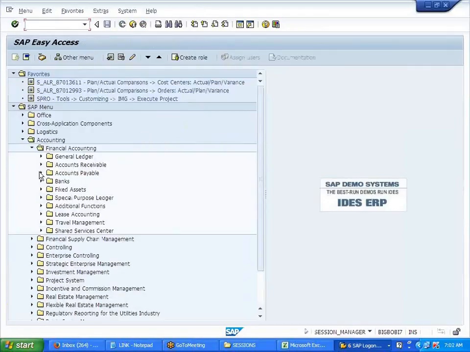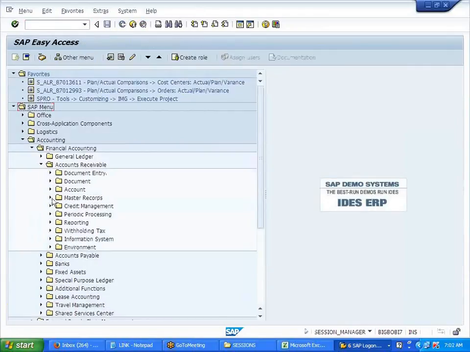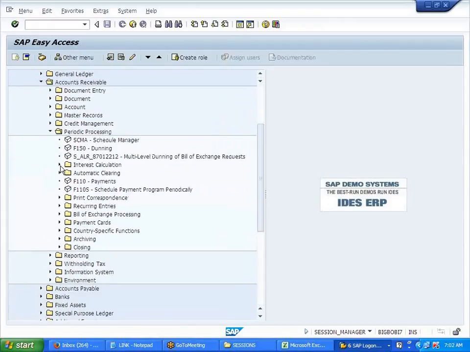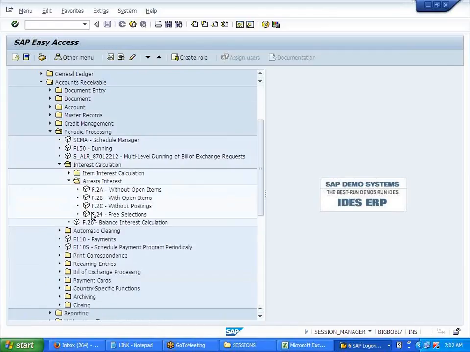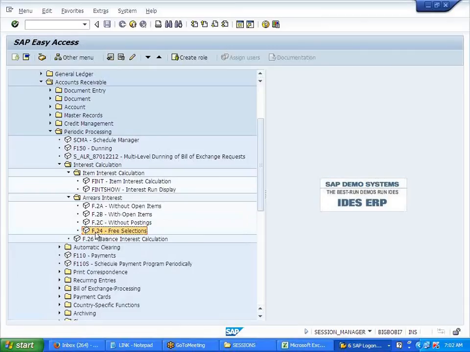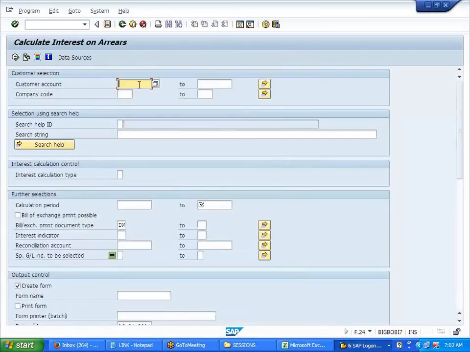I want to show you the print part. Periodic processing, this calculation. F.24. Can you see here? I was using this FINT for the form. Okay. I want to just show you the form. How does it look like? So it is 01/01/2014 to 31st/01/2014, right? Okay. Ravi, customer, I'm doing it for.